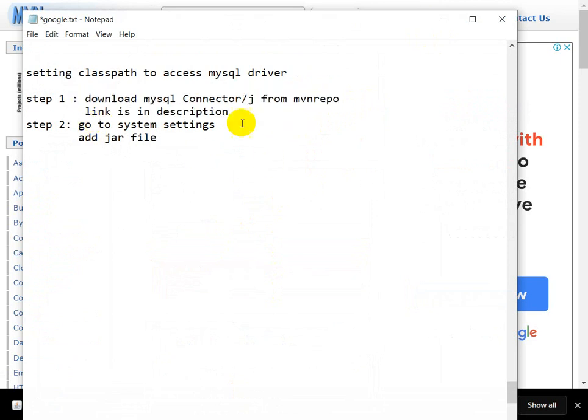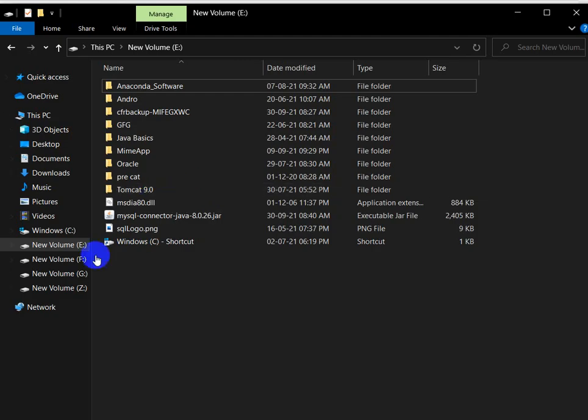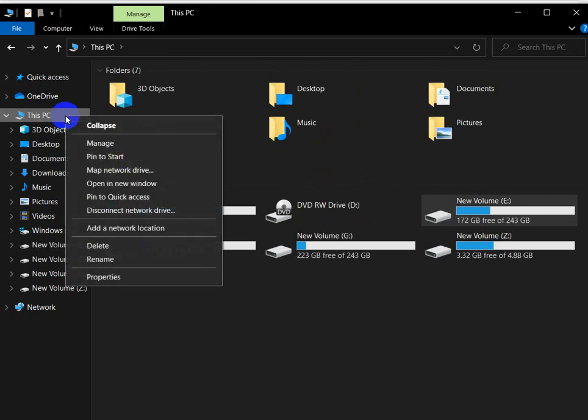Next, you have to set the class path of that jar file. Now what we can do is go to the files. This is files, then This PC. Right click on This PC and click on properties.